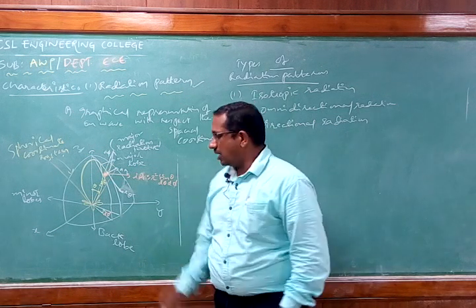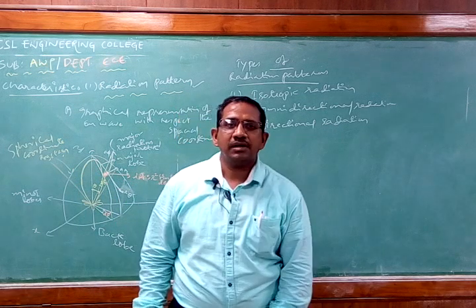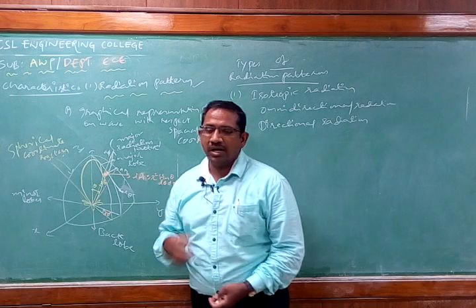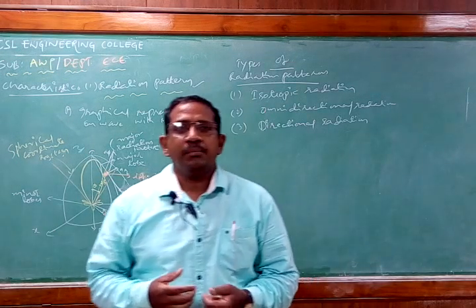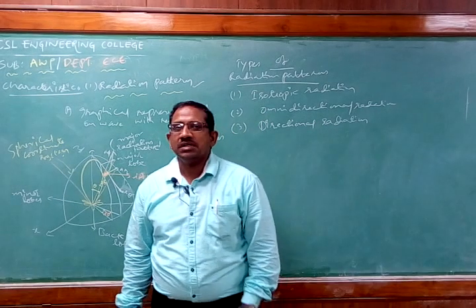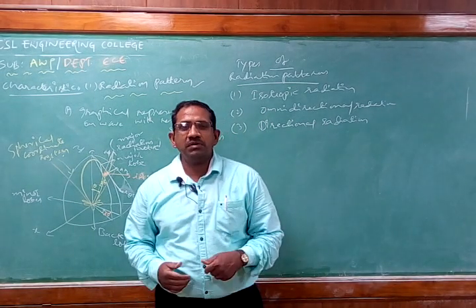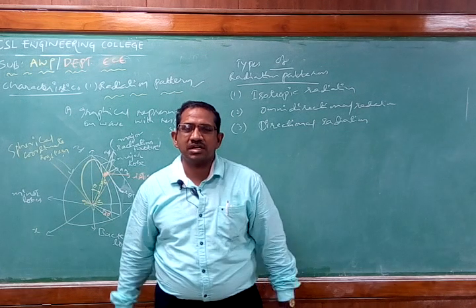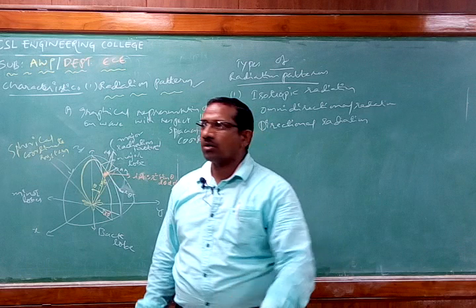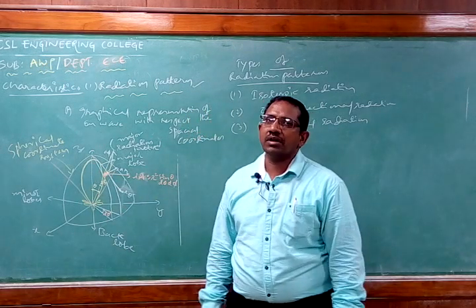So graphically you can observe here the radiation pattern, and you can observe the spatial coordinate system. Here I am using a spherical coordinate system in this example. All antennas are treated as radiating an EM wave by considering the spherical coordinate system. Why? Because the antenna radiates signal in various directions, so we have to represent that in terms of the spherical coordinate system. Therefore we are considering a spherical coordinate system.